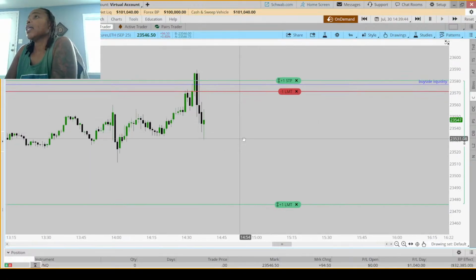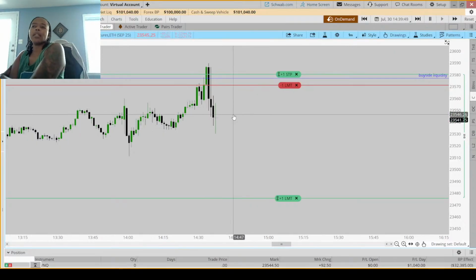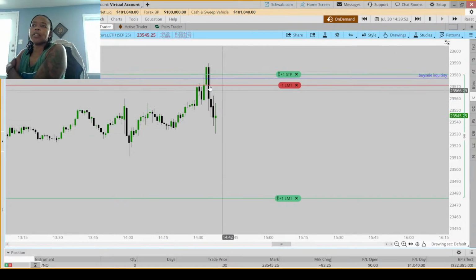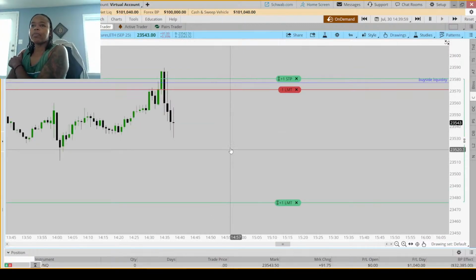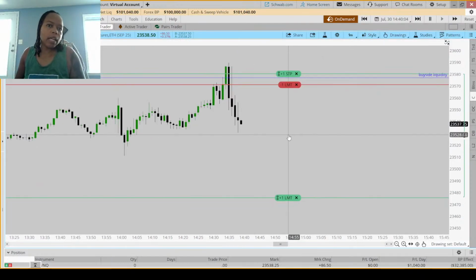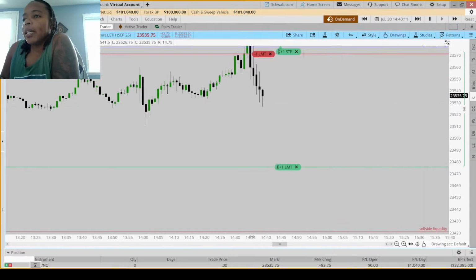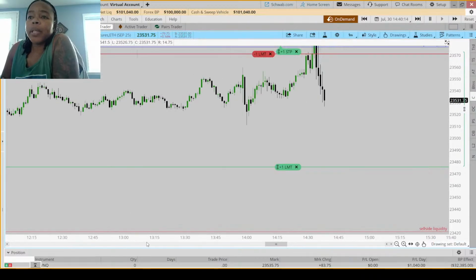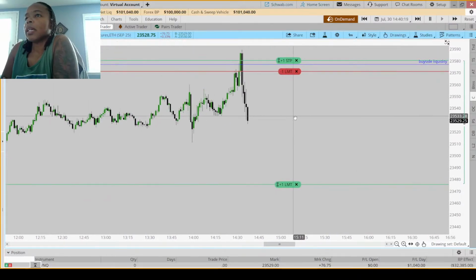So what I would like is for this to actually close and then a down close candle, and then I'll move my entry here because I'd want an entry here with this shift. Some liquidity's been swept here, so we're waiting. It's 240. Most times movement's gonna happen at 240, 245, something like that. So I'm just waiting. We have plenty of liquidity down here, but I'm hoping that's enough, I think.